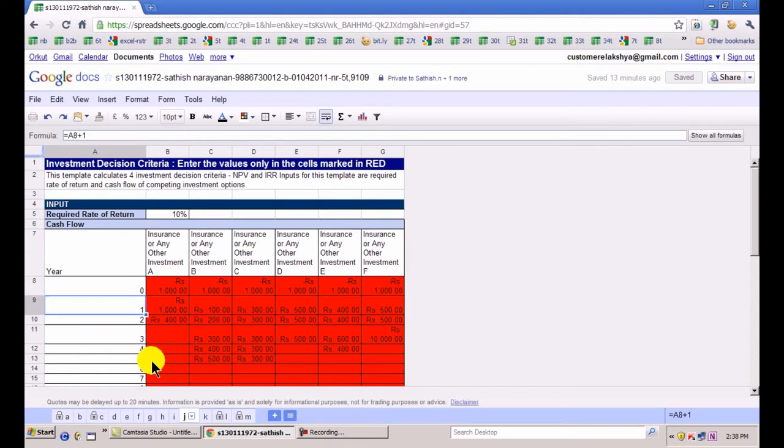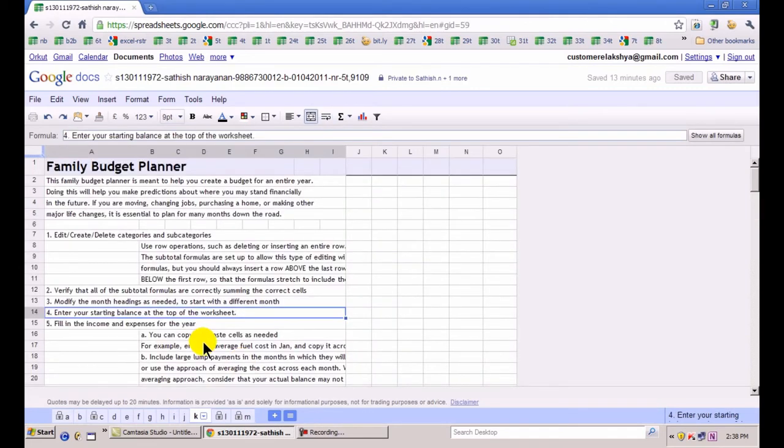All you need to do is to use the IRR and NPV calculator put here. No great max. All you need to do is to put the figures here, the figures marked in red, and it will give you the result. So please, I urge you to use all these potent tools a lot.